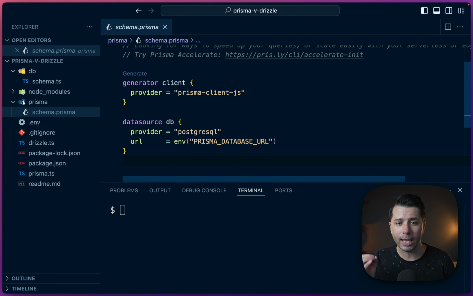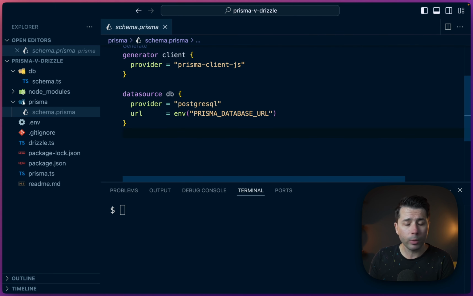We might have a brand new project where we establish all of our models from scratch, or we might have an existing database that we want to introspect to pull down a data model. Whatever the case might be, this is the place that we're generally working from as kind of the source of